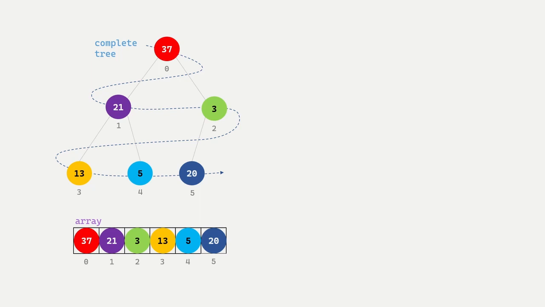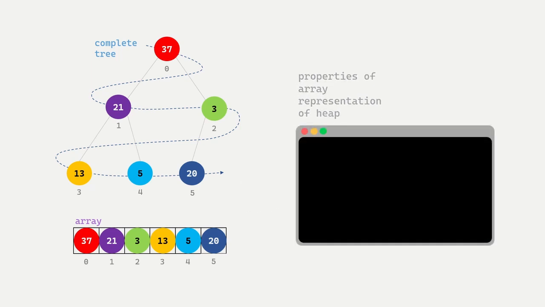So how would we know, say, the left child of node 37, the root node? Complete trees have an interesting property that can help us perform useful functions. And this relationship between array and complete tree elements and their indexes can be represented with 3 basic equations. Before anything, we would need the size of the array or tree, which in our case is 6. And given that we are working on the node at index i,